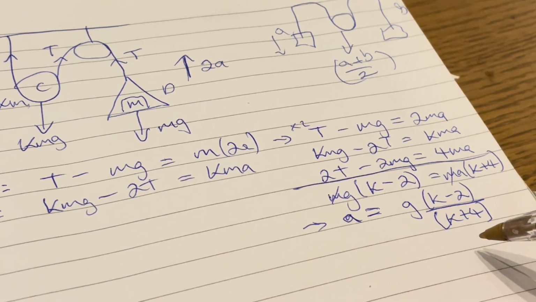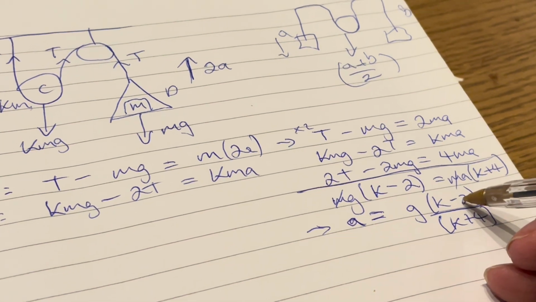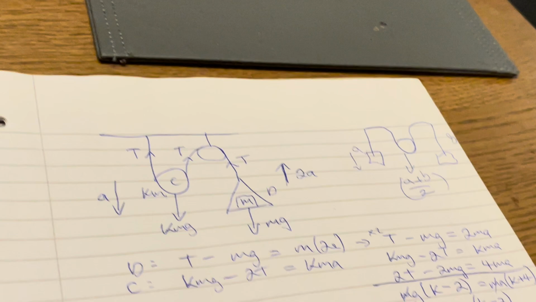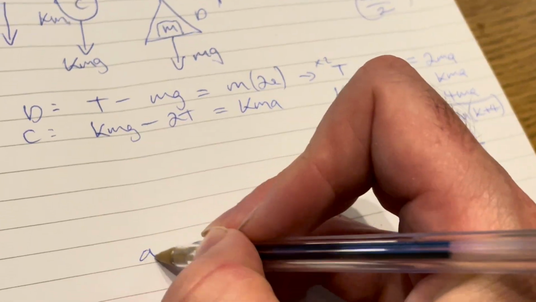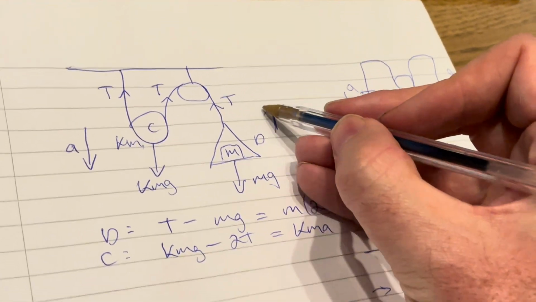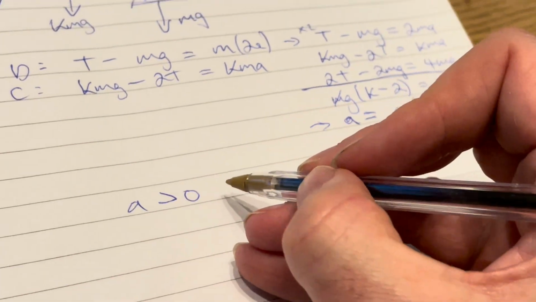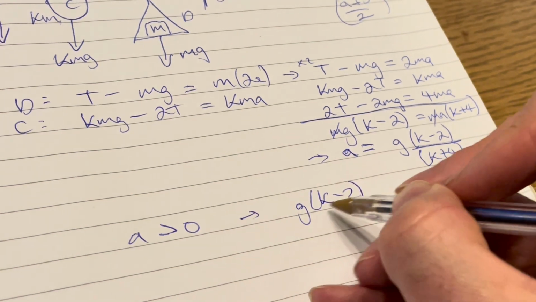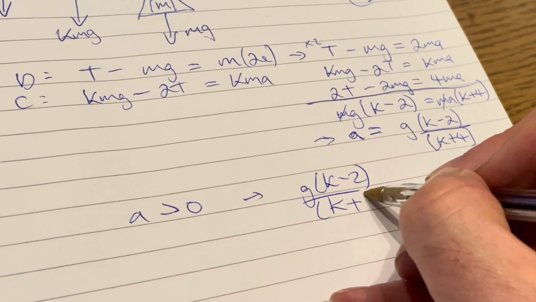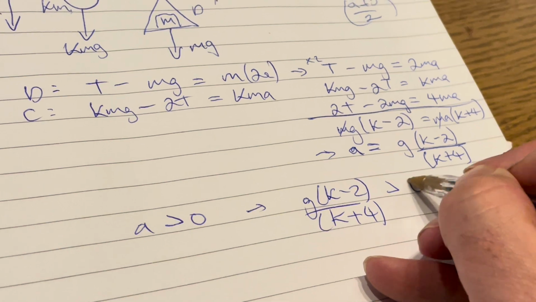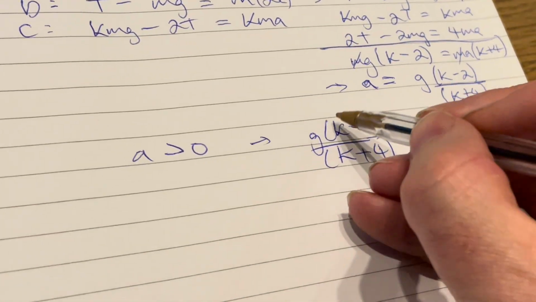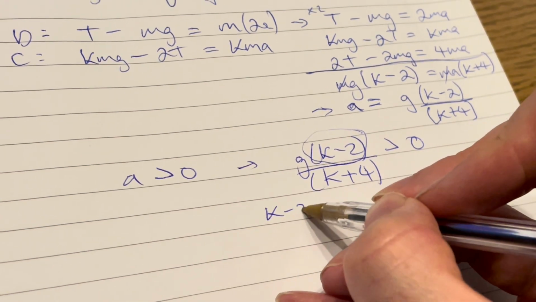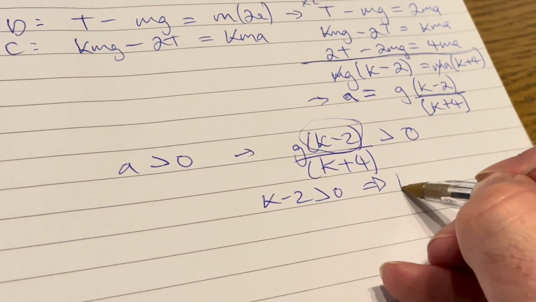So if k was equal to 2, then there would be no acceleration. But you know that there has to be an acceleration, so a is bigger than 0 because you're told it does move upwards, which means there has to be some form of acceleration, however small. That means that g(k minus 2) over (k plus 4) has to be bigger than 0,